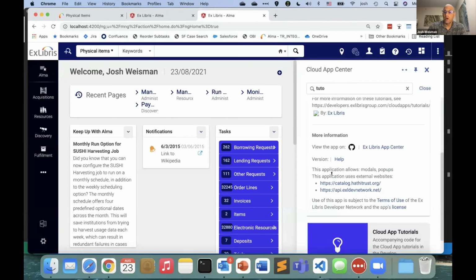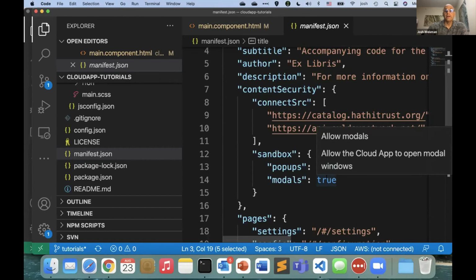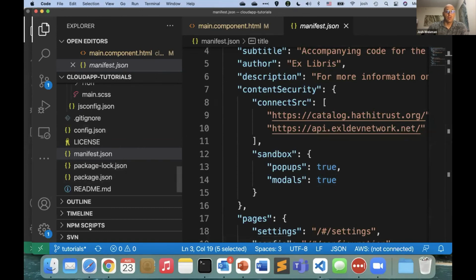That comes from here. This shows me what external websites I'm reaching out to. That comes from here as well. So the manifest describes your app. It's used to show the app in the App Center, and it's also used to interact with Alma. So the manifest is worth taking a look at.